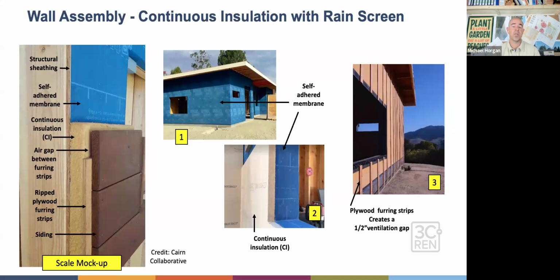One way you can do that really simply is to use vapor open exterior insulations. We don't use rigid foam boards on any of our exterior insulation projects. We use a wood fiber board, or we use rock wool, the comfort board. Both are fairly dense boards, and they're fairly easy to install, and then fairly easy to install your exterior finishes over the homes. It gives you the opportunity to install a rain screen,